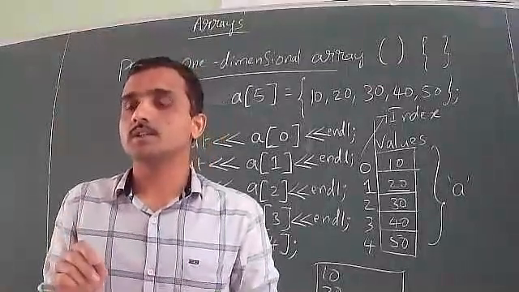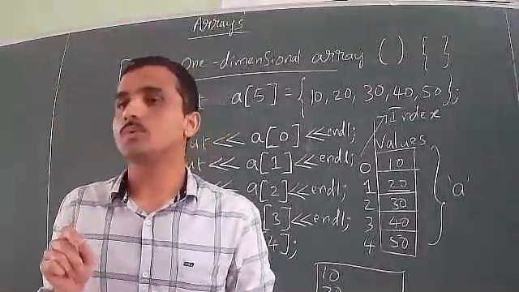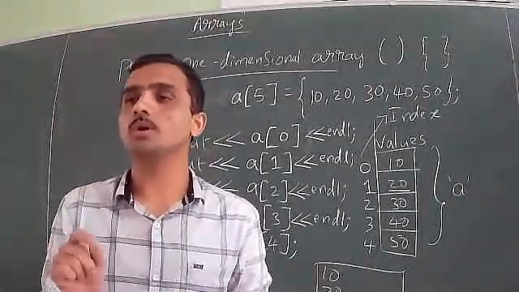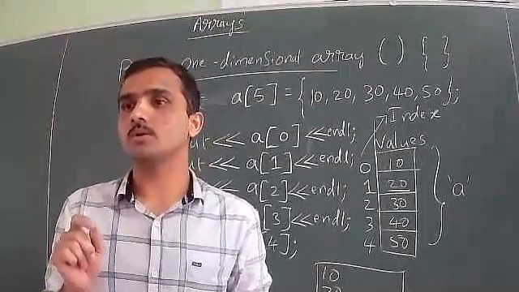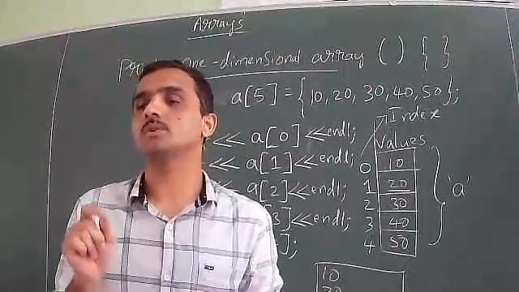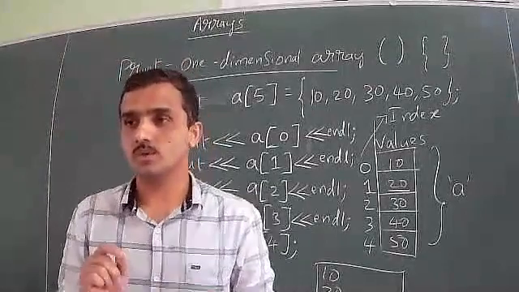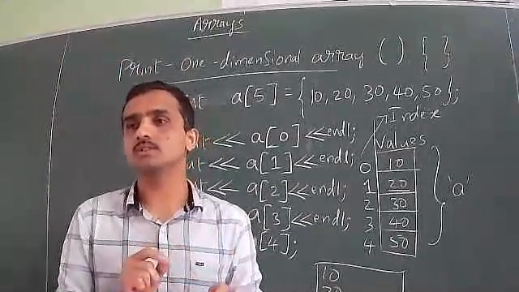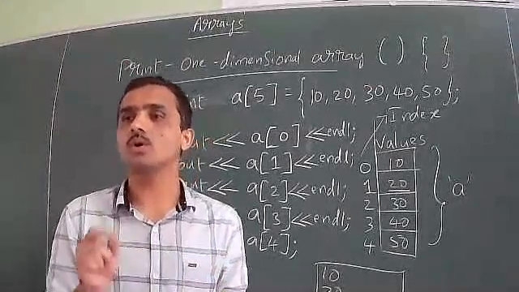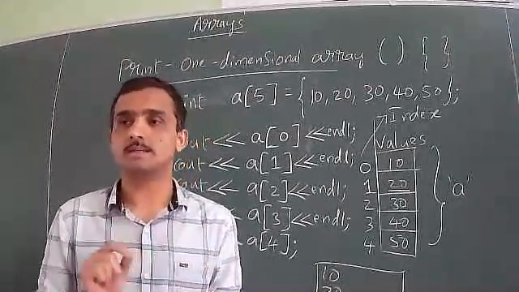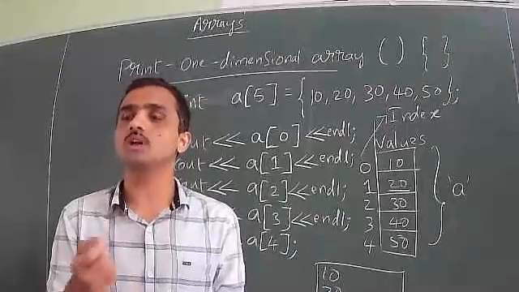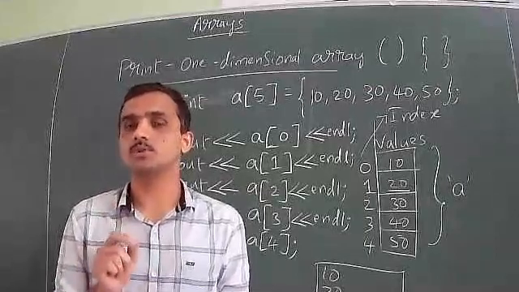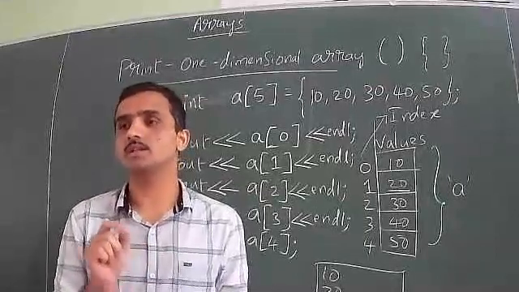So see what all the things you learn from introduction to C++ till control statements. You have to remember all the concepts. If you remember all the concepts, then further topics will become easy. Now I will explain for loop: how to make use of for loop or while loop or do while loop in arrays. If you use any loop, you can achieve that concept. But generally we use for loop because it is easy to write and easy to understand also.